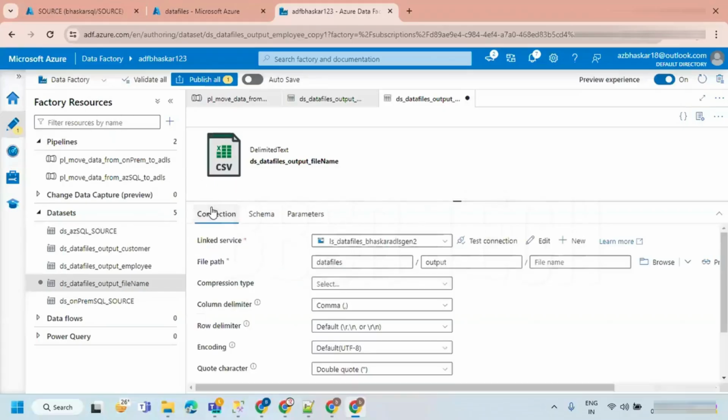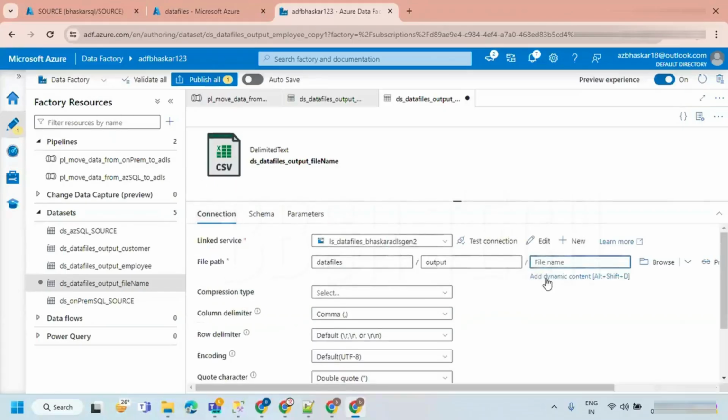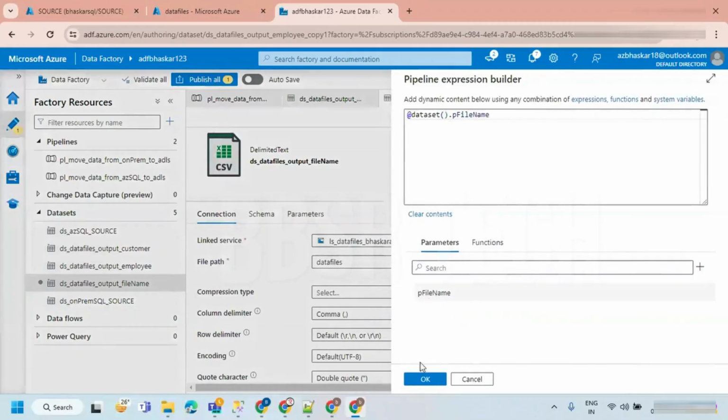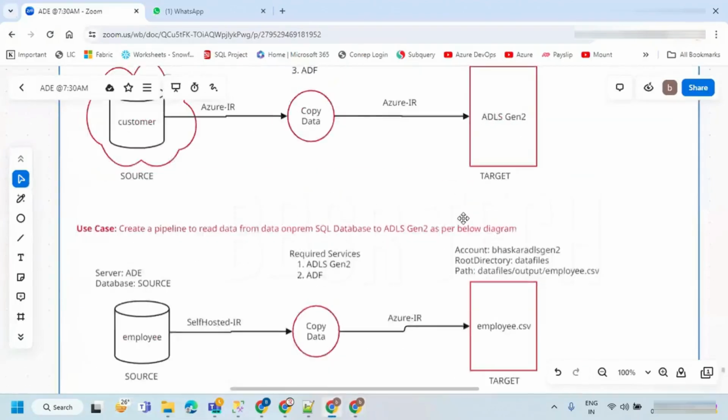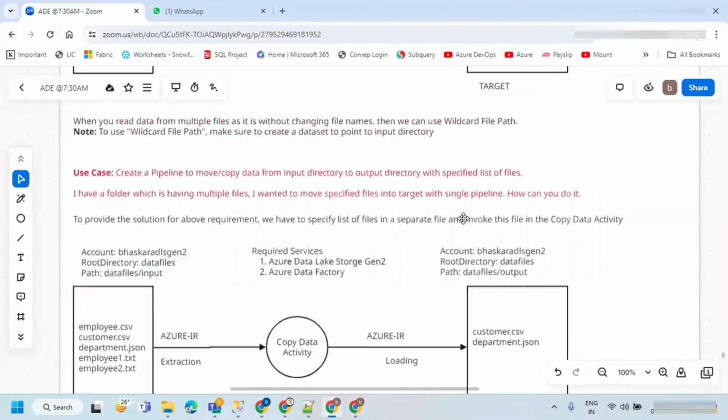Let's go to the connection again. So here I'm going to take the parameter. Let's hit OK. We already came across this. Okay, so did we come across it? I guess the set variable activity we have seen, right?